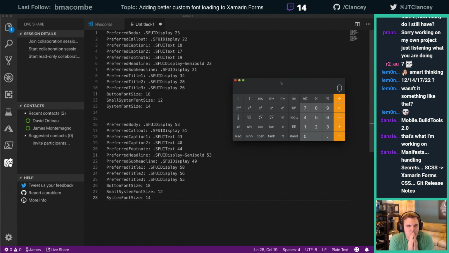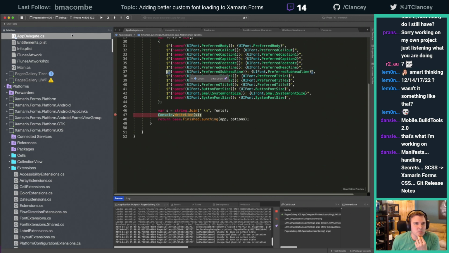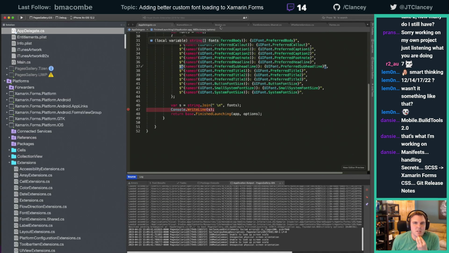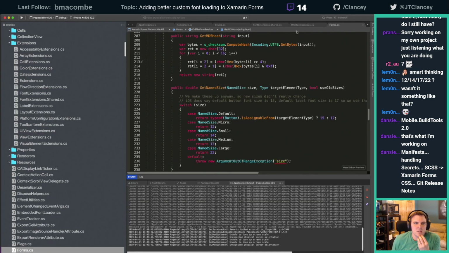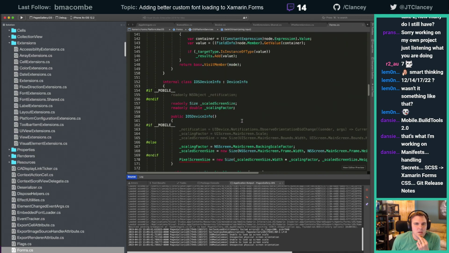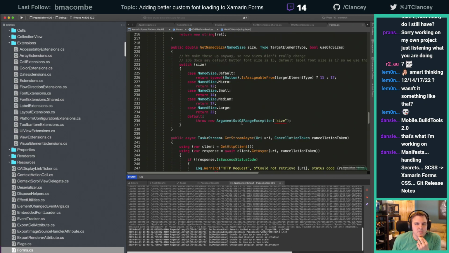Okay, we can do this. We'll just say, which one do we use as the body? We'll just use the body as the main thing, okay? All right, so let me think how to do this. Oh, I was opening the wrong Visual Studio. I want this Visual Studio. This one's loaded and has everything. All right, so let's stop that. Let's go over to iOS. And inside the iOS device stuff,